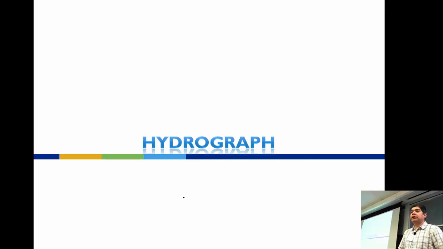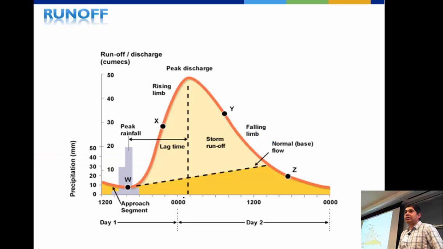So a hydrograph, we have a cardiogram, which is basically your heart rate and how it looks. A hydrograph is exactly the same. I would say that it's a cardiogram of the Earth. It is really what is there. It's a picture of how water changes through time. Basically, imagine that right now here we have a bunch of rain. So we have rain going this way, which are actually these